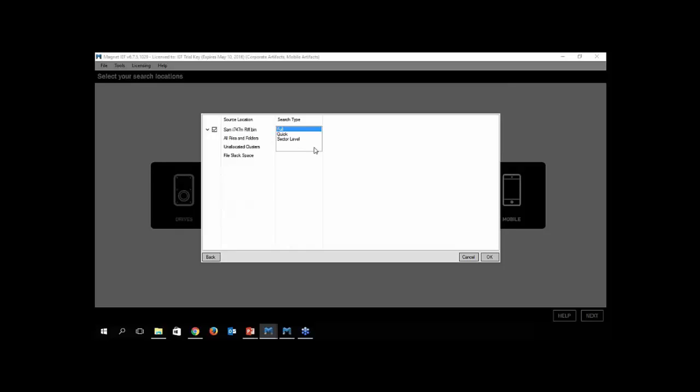The quick search is just going to look in the most common locations, and it'll save you a bit of time if you're pressed for time in your searches. The sector level search will default to if IEF didn't recognize any file system here. So basically what that means is IEF will focus on carving and keyword searches to extract any evidence that might